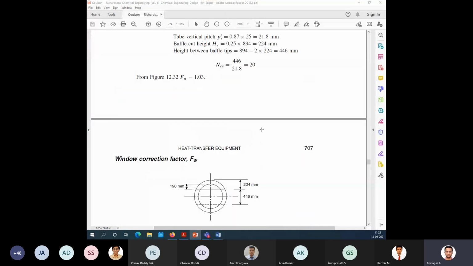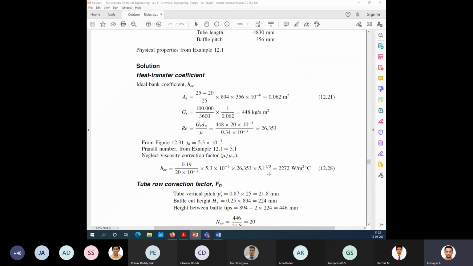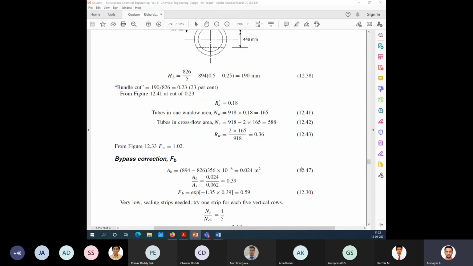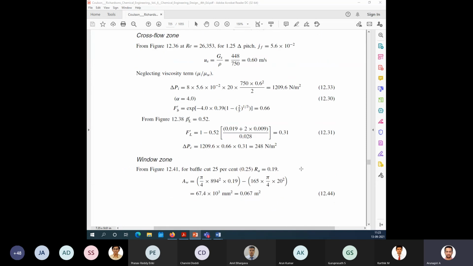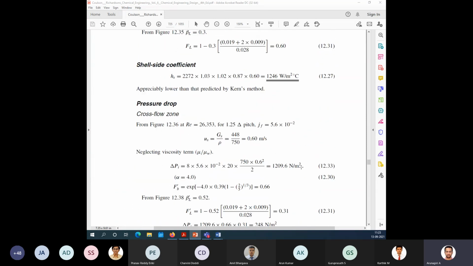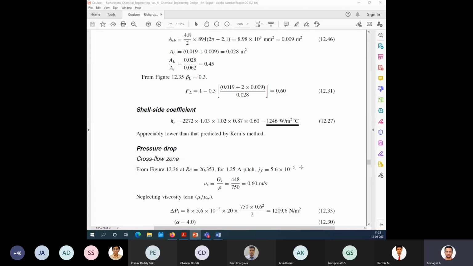Even the HOC, if you see, is 2272. The HOC itself is lower than your cell-side heat transfer coefficient based on the current method. In the current method we are using D equivalent, correct? This D equivalent is replaced by D naught, so your HOC comes down. Still it is lower. The correction factor is approximately how much? If you take 1.03 into 1.02, or 1246 divided by 2240, then 0.6 comes to around 0.56. So this value is lower than this value.